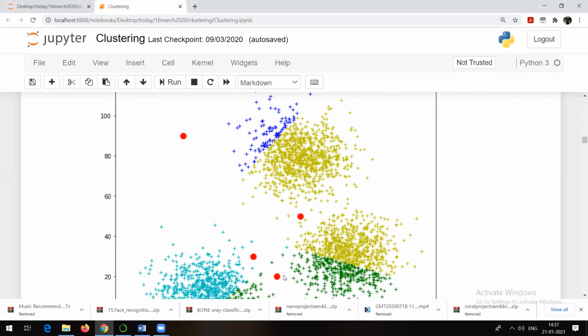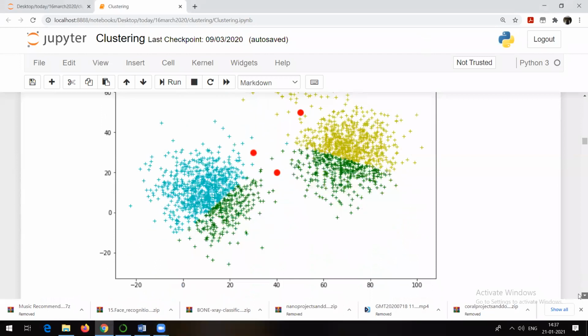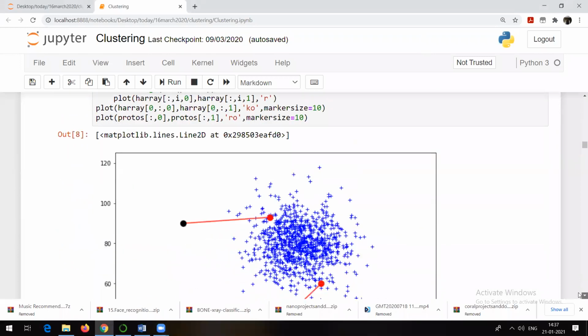The data points which are nearer to a particular centroid, according to that we were dividing, we were keeping that particular point in a particular cluster. As we were having four centroids, 1, 2, 3, and 4, we are going to get the same number of clusters, four clusters here. We need to repeat this step again and again till the centroid stops changing.